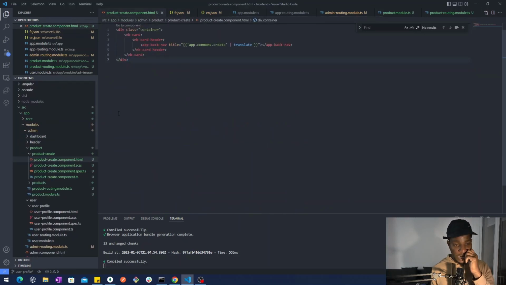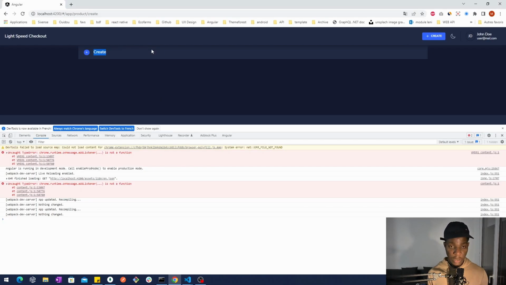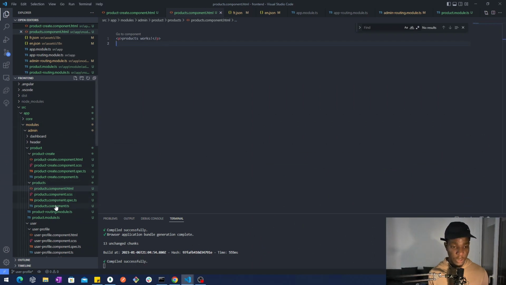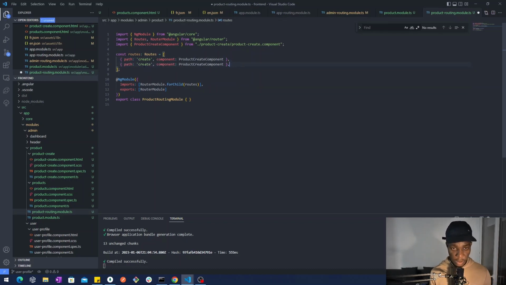And we want to go back to this component where we will list all the products. Right now we do not have anything, so we will just redirect the click of the back navigation button to this component. So we'll do it inside the product routine module. So we create a new path,